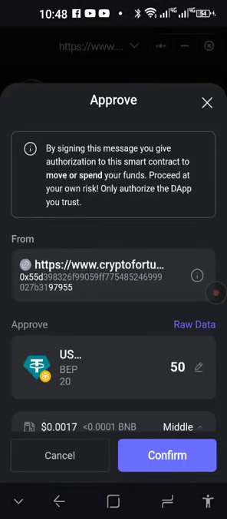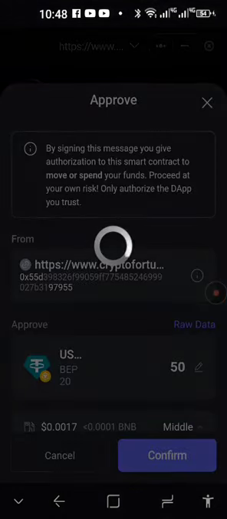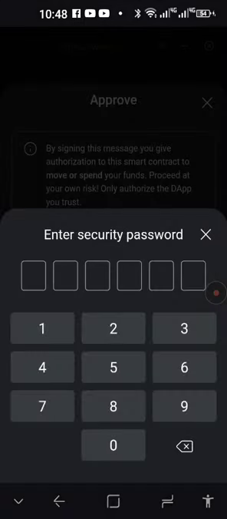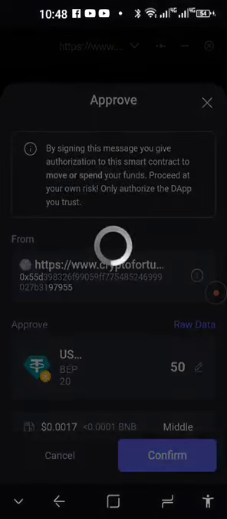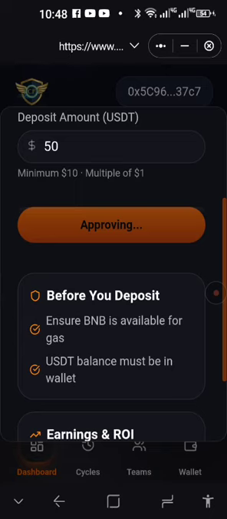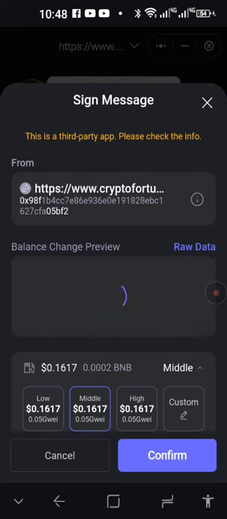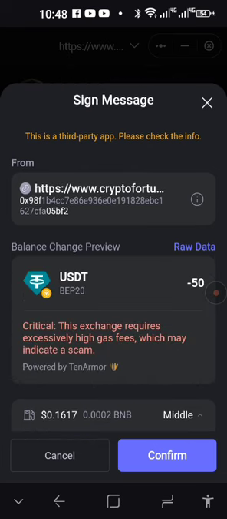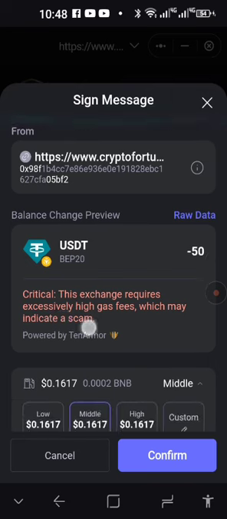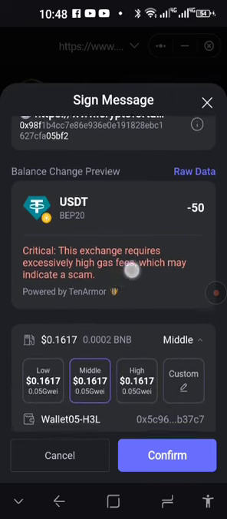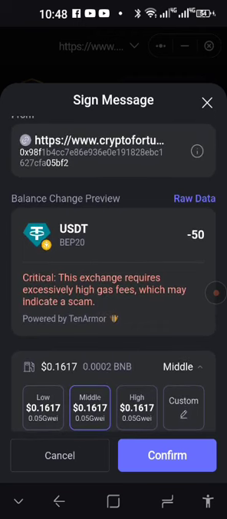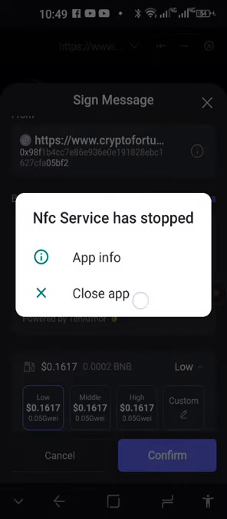Now take note, you're going to approve this twice. The first confirmation is for approval, and the second confirmation is for the depositing of the dollars. You will see now it says approving there. Make sure you have enough gas fees at least. Now it's approved. Now a message comes up again, and this is a standard warning. It is really not excessive gas fees. It's about 10 cents to do a transaction. There you can see it's all the same. Even if you put it on low, it stays the same.